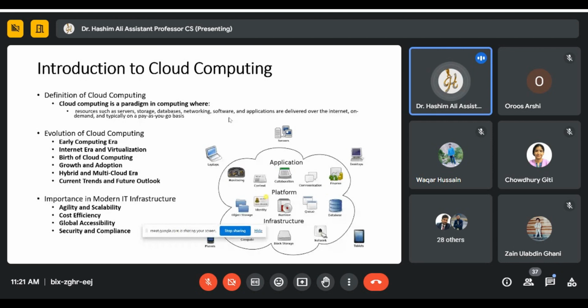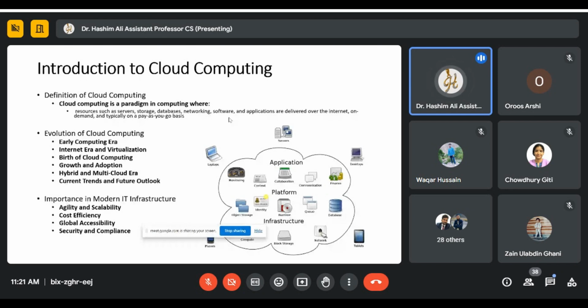Actually, these were servers which were able to provide services. Then in the late 90s came the internet, and the concept of virtualization was introduced in the early 2000s. So the internet era and virtualization gave the pathway to the birth of cloud computing,